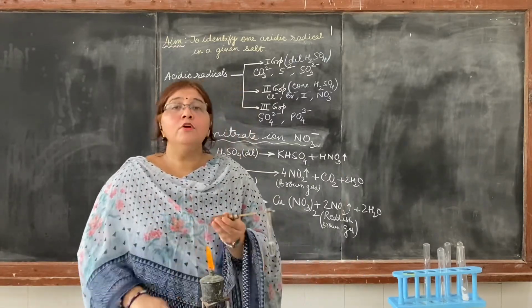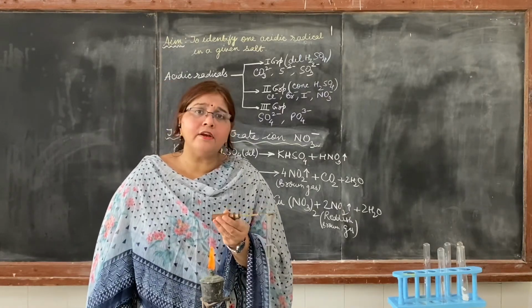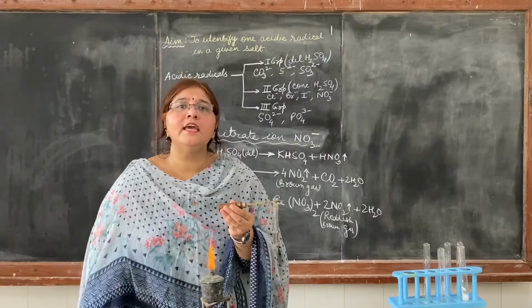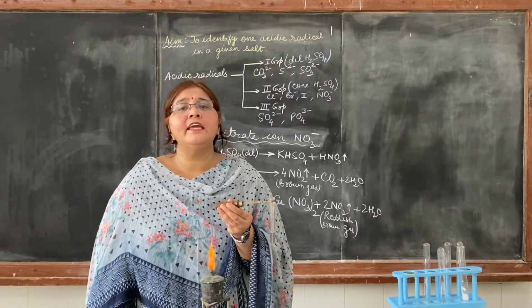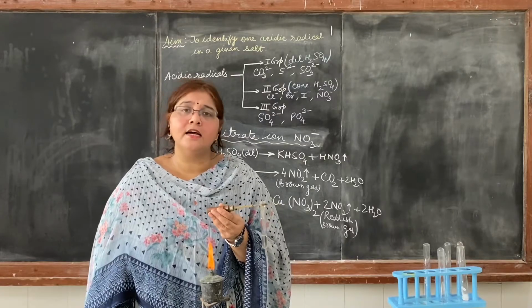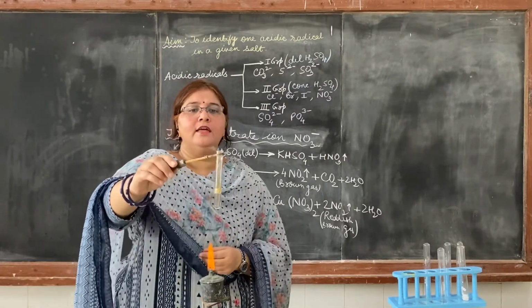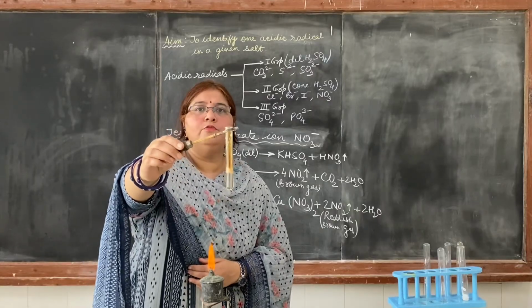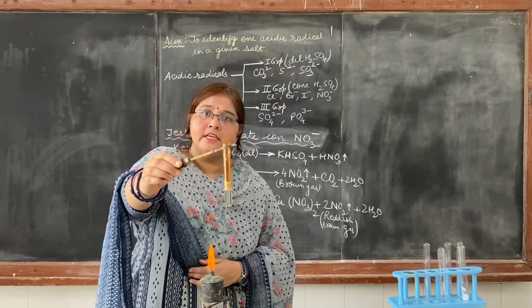We are heating it, and then the gas starts evolving. Now how will you confirm it a little bit, as a preliminary test, whether this is the nitrate ion or not? We will add a carbon paper pellet to it. Why are we taking the paper pellet? Because it contains carbon. As soon as this paper pellet reacts, you see brown fumes evolving out. This means the nitrate ion is present.